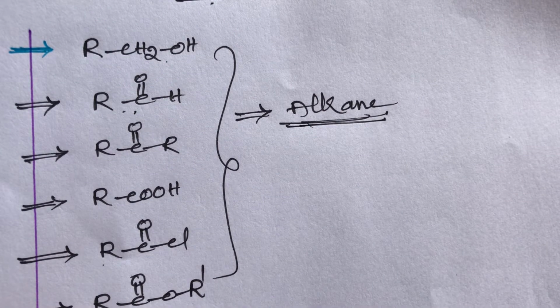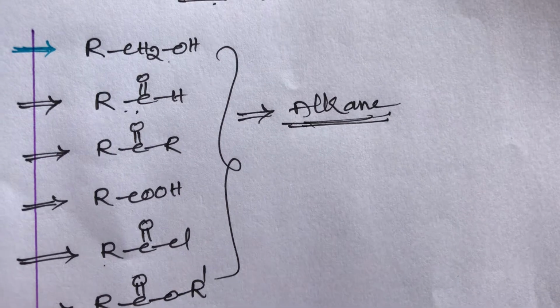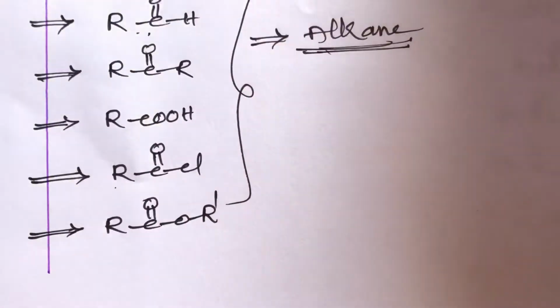This is the simple trick, student. I will give only shortcuts. I am not giving the mechanism. I am giving only shortcuts for reducing agents, how to identify a reducing agent. The strong reducing agent is HI, hydroiodic acid, which acts as a strong reducer. It can reduce alcohols, aldehydes, ketones, acid chloride and ester. These are the important properties of HI as a reducing agent.